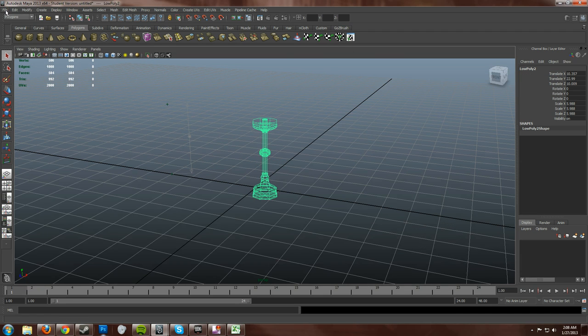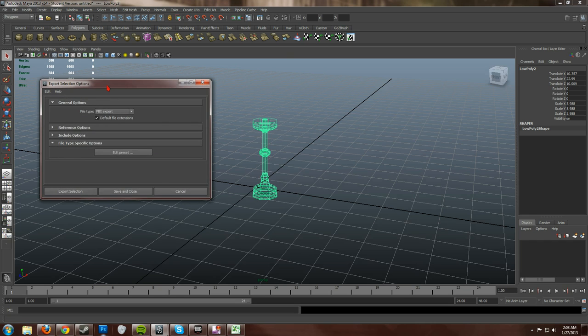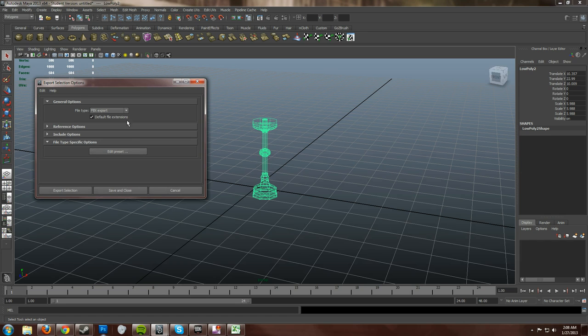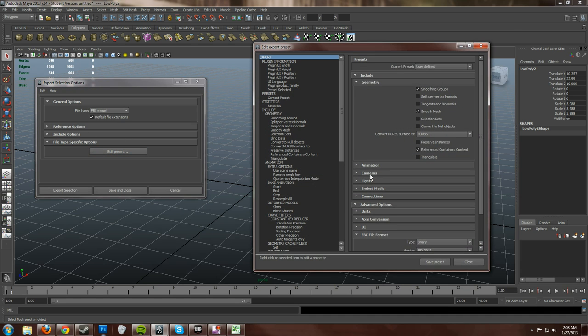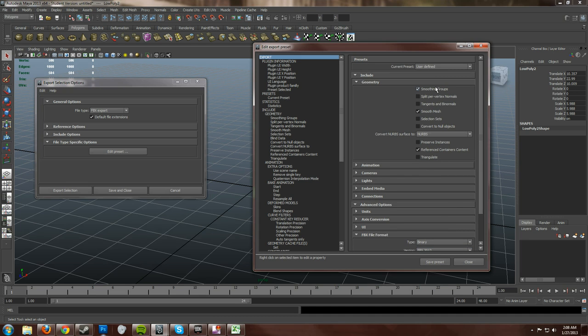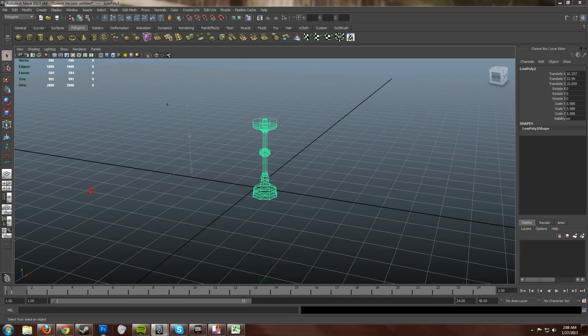Select it, File, Export Selection, and hitting the menu option or the options box. And we already did everything before, but let's go over it again. FBX export, edit presets, FBX file format 2012, because that's what I'm using smoothing groups on. Cool beans, close. Export selection,